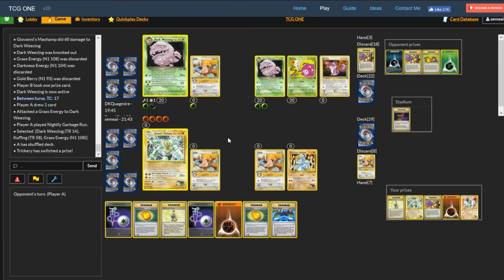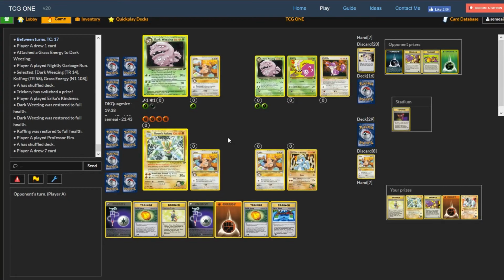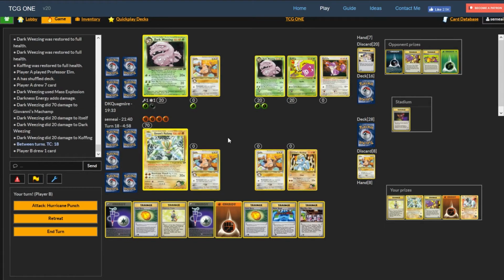He also retains the 20 damage hit. So now he doesn't because he played that Erica's Kindness, which is fine. So he takes 20 there. Okay, so my question here is, do I do Moo-Moo Milk? Because I need to heal. So this is 40 plus 20 is 60. So if so